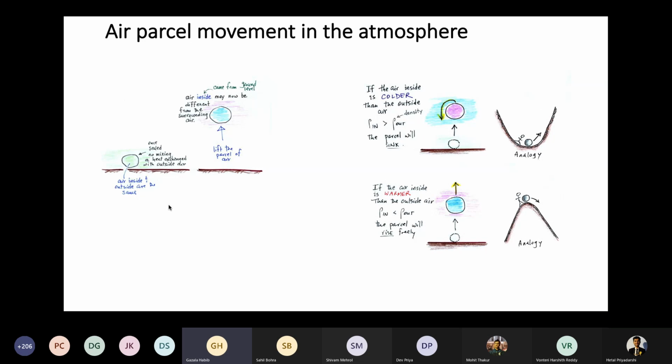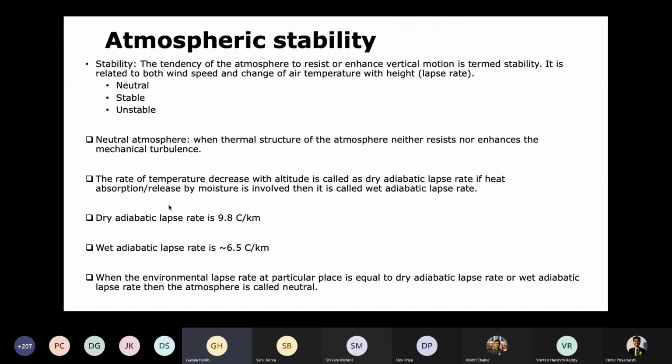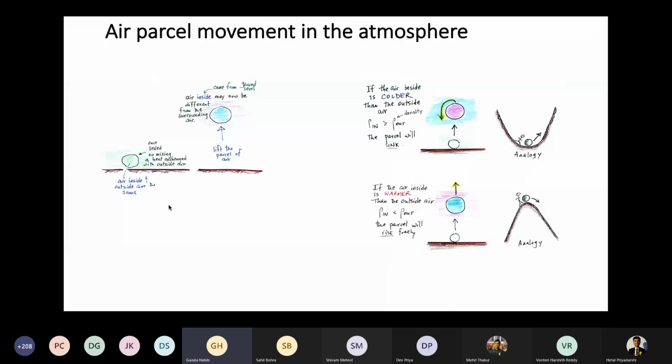So if that parcel will move up, if there is a lapse... I think I have not taught you lapse rate, right? Temperature lapse rate. Okay, this parcel will move up if it's a light, warm air parcel, and the temperature around this parcel